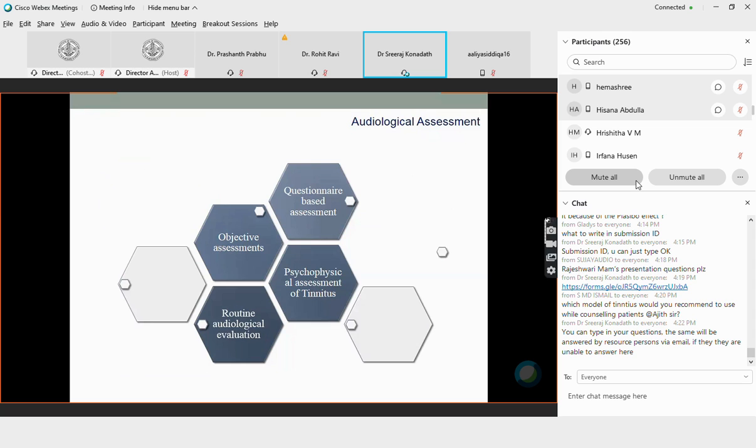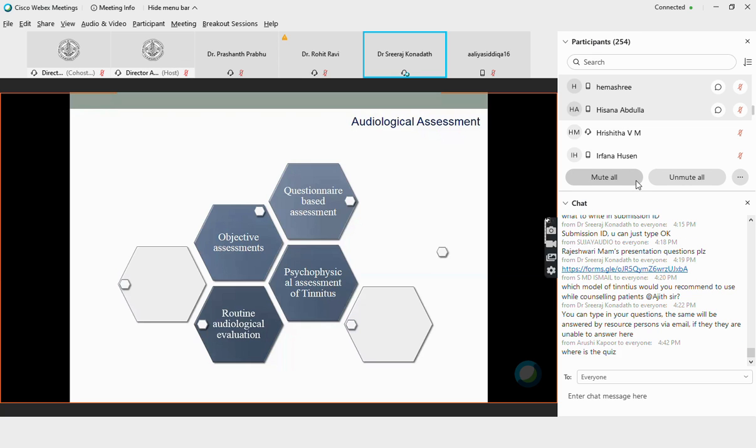So I'll just recap the information that I told. You have to go for routine audiological evaluation. Considering the fact that they can have extended high frequency loss, it is good to do hearing evaluation at extended high frequencies starting from 8,000 onwards up to 16,000, provided you have a headphone that is functional for that, and the audiometer which has the facility. Then I told about speech identification scores. I told about SPIN tests that need to be done, and with caution you have to do all that, and also LDL needs to be performed.